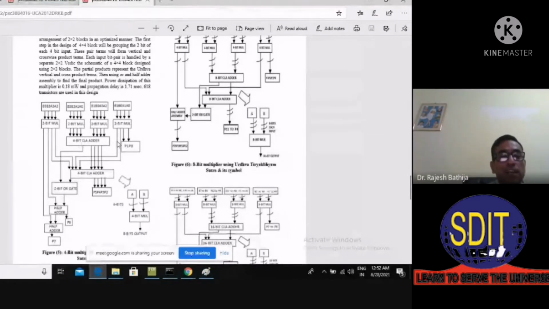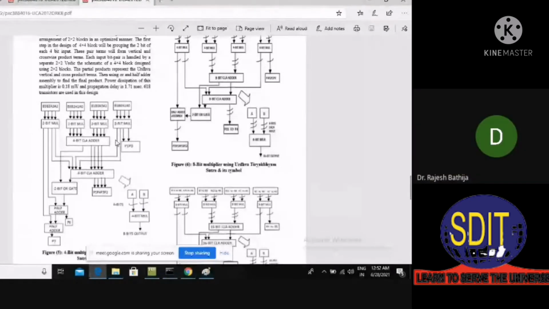So there are a lot of architectures available. There is a lot of research still going on about how to add 4 bits fast, right? CLA, the carry lookahead adder, is one of them. So we have designed a carry lookahead adder in that, and there are a lot of others also, like the carry save adder. There are other adders we can use over here. I have done it with the CL adder, so that's why I'm saying that.